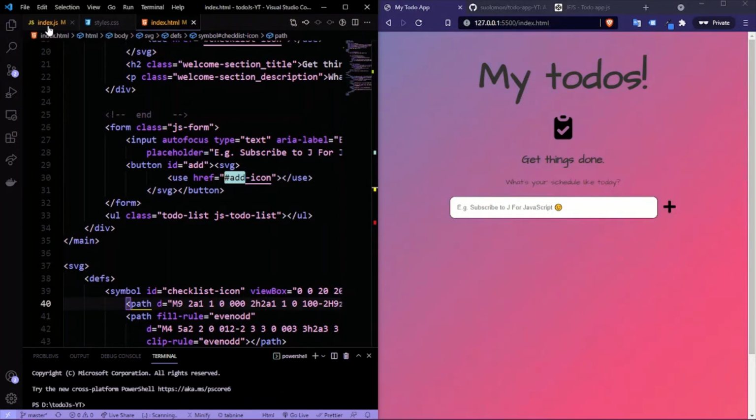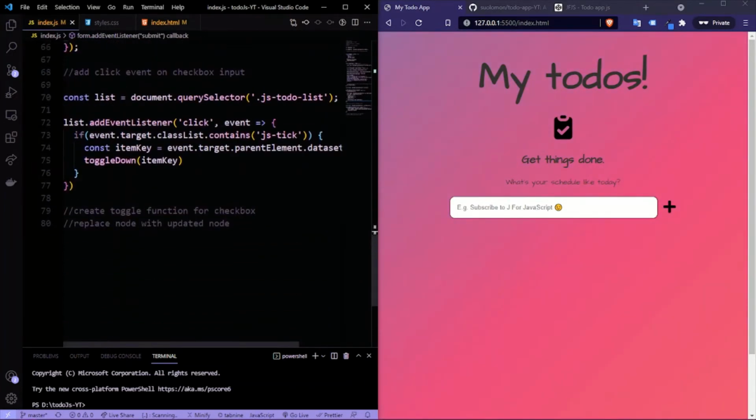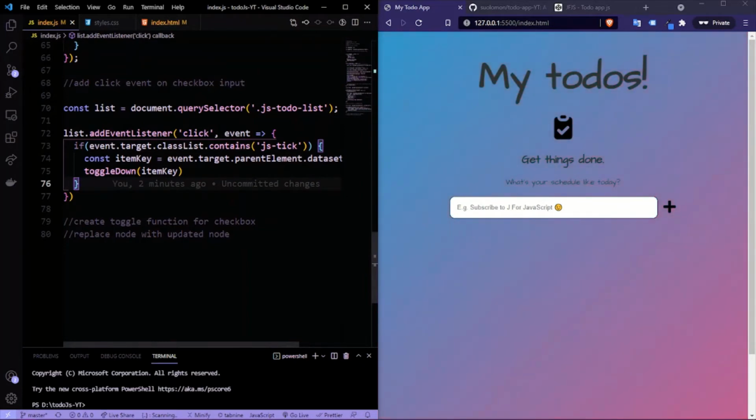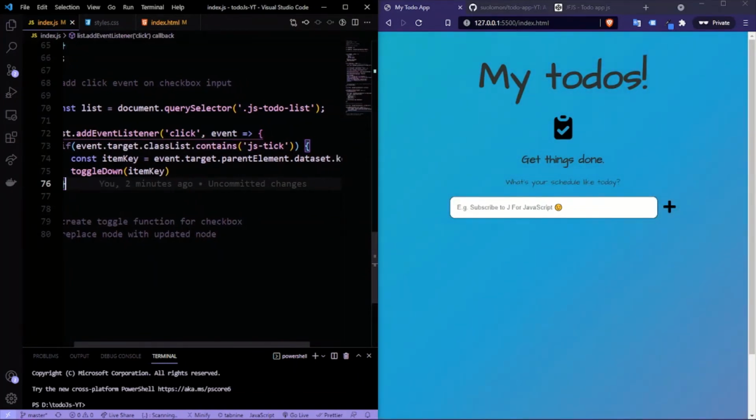Then what happens after is we add an event listener that listens for the checklist items. If it contains, if it's done, then pass the JS tick element or design to the checklist. And once we have that, let's create a variable and store the targeted value of that